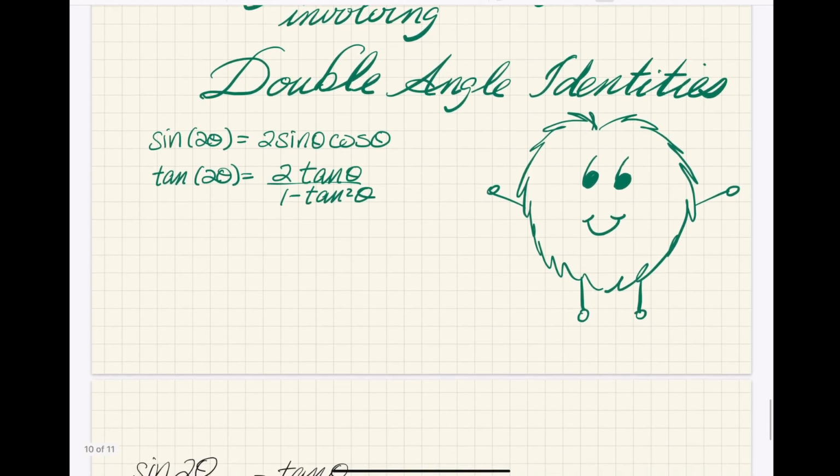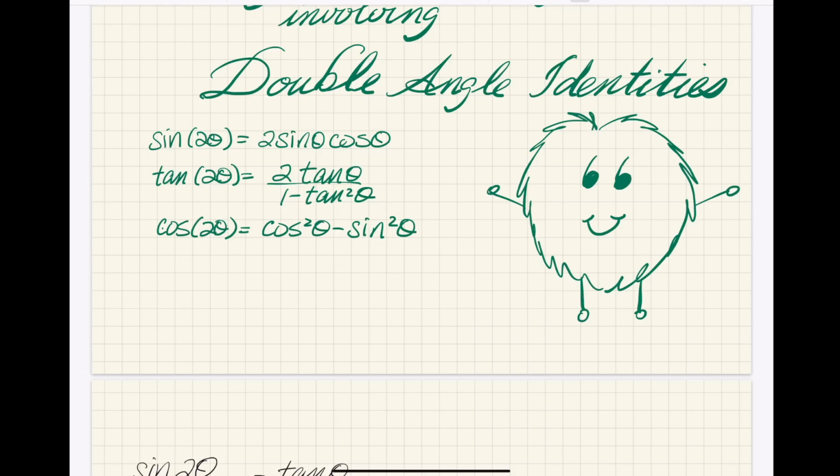And then we have the cosine of 2 theta, which is equal to the cosine squared of theta minus the sine squared theta. And this almost looks like the Pythagorean identity that says sine squared theta plus cosine squared theta is equal to 1. And if you just change that plus sign to a minus sign, then we have basically something totally different. Our answer is not just a simple constant, not just 1, and we actually get a ratio that is the result of taking the cosine of an angle that is twice as big as the angle measure that we're using on the other side of this expression.